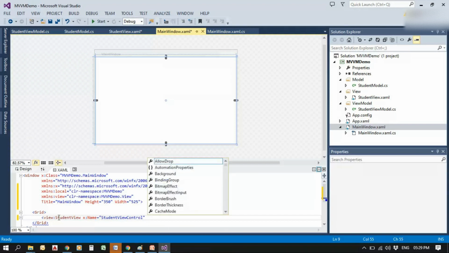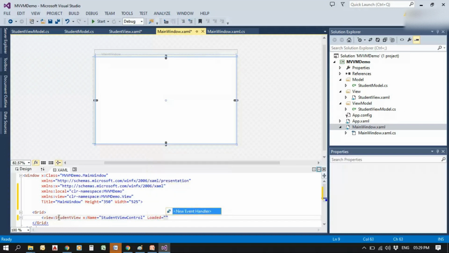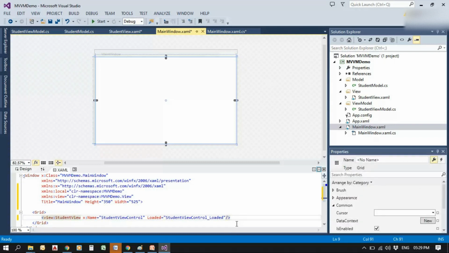And we can create a Loaded event handler for loading that student view. Close the view. Okay, this is how we can give the main view in the main window.